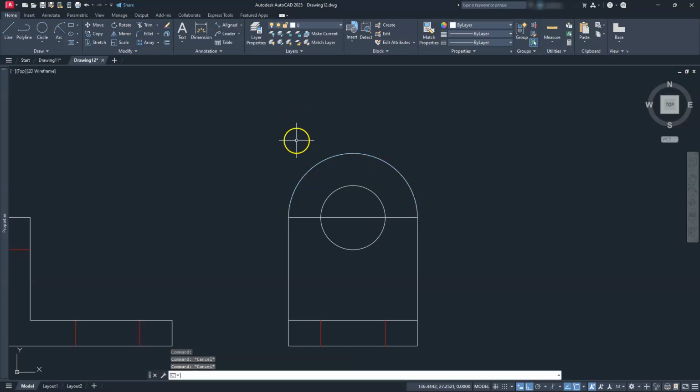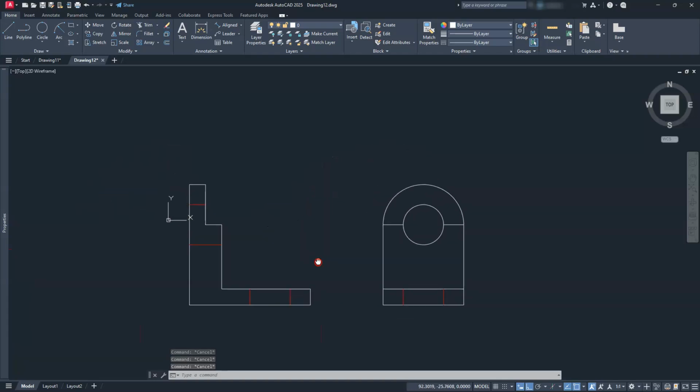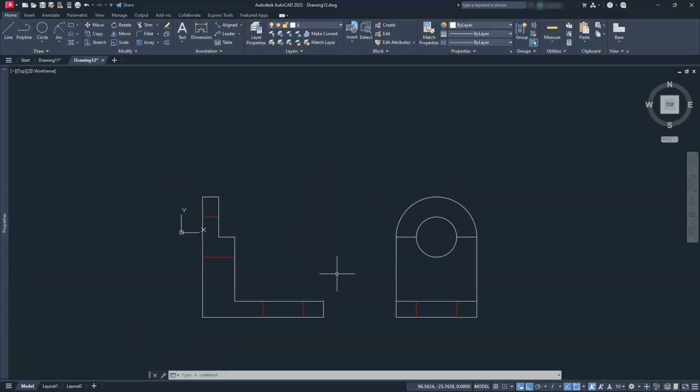Don't think I like that. All right, but anyway, let's go ahead and leave it how it is for right now. I'll play with that a little bit later. We need to go ahead and figure out a trim here. So I'm just going to trim right between these 2 points. Okay, so this is enough to actually create my drawing off of if you want to stop at these 2